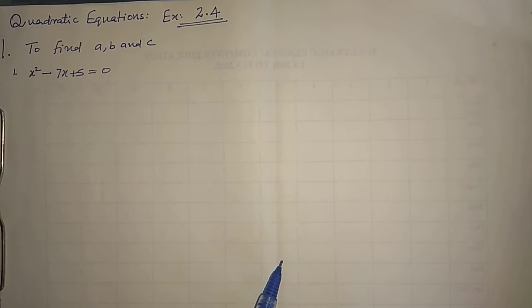All those things are required. Finally we reached yesterday to the nature of roots. In x is equal to minus b plus or minus under square root b square minus 4ac upon 2a, only the part under the square root decides the nature of the roots. The nature of the roots is decided by b square minus 4ac, which we later call the discriminant.